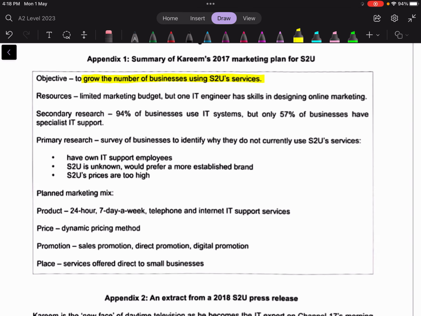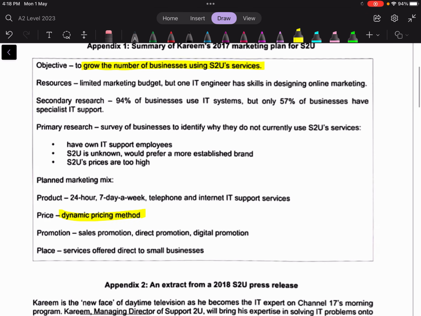and the business uses a dynamic pricing method, which means that the business will frequently be changing its prices owing to a change in consumer demand, customer demand, alright? Okay, so